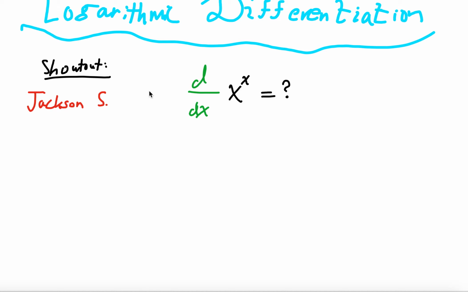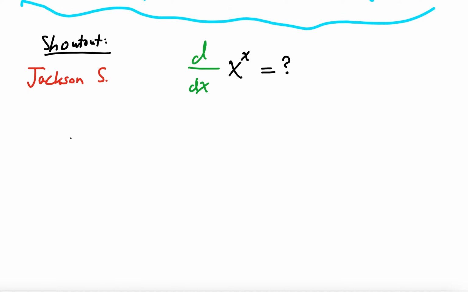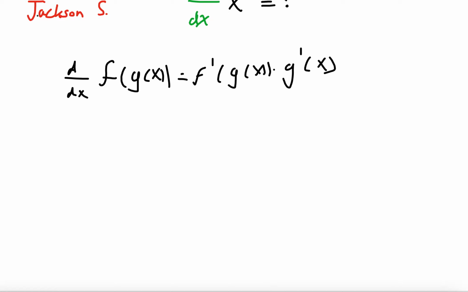But this is going to be a very interesting topic because behind the idea of logarithmic differentiation and implicit differentiation, you have two very key factors in play. The first being the all-powerful chain rule of derivatives, which says that the derivative with respect to some variable of a composite function, f of g of x, is equal to f prime evaluated at the original function g of x multiplied by g prime. We're going to see this in play today, but also the beautiful language and algebra of what we call operators. There's a video that should be on your screen that talks about operators. All right, so first what we're going to do is note that the derivative with